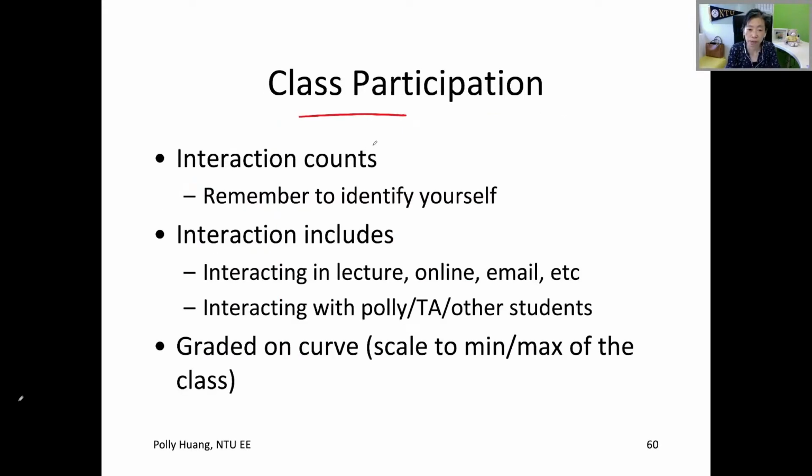Class participation is part of the grades. This is easy. All interaction counts, but be careful. In order for the TA and me to count your participation, you need to let us identify you. So make sure that on the YouTube chat, Discord, or in our emails, or when you join the Google Meet session, you use an ID that is recognizable, similar to your university record name. So let me, the TA and the other students know who you are. The participation points will be scaled to the min and max of all the points assigned to the participation part of the grade. So that will be 0 to 5.